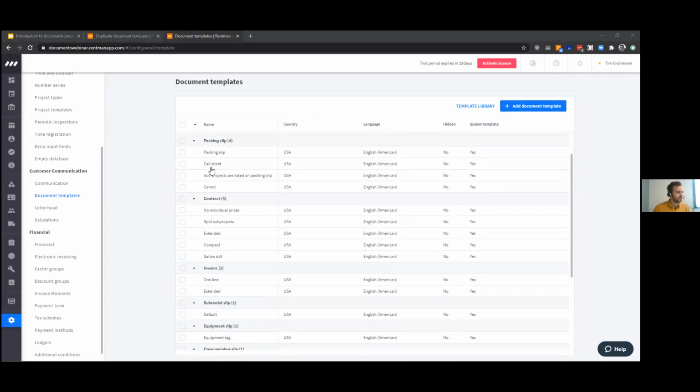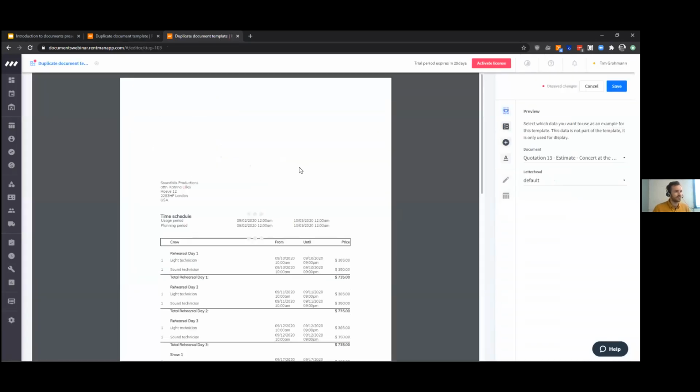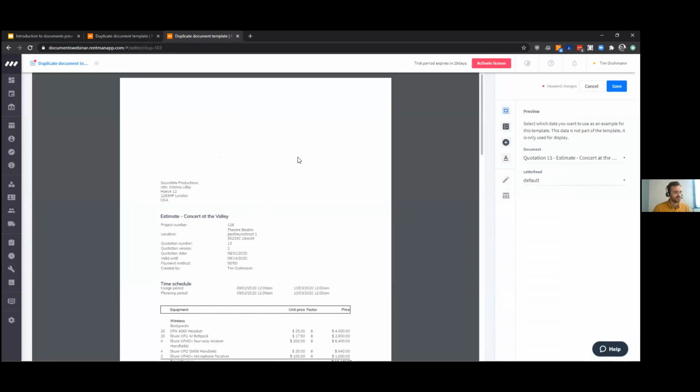I'm going to go down here, and I think what I'm going to do today is customize a quotation, an estimate, wherever you're in the world, you might call it different ways. And I'm going to choose our extended template down here. Now, again, this is a system template, which means I cannot customize it yet. So what I do is I just go in here and say, all right, I like the default system template that Rentman offers me. Let's make a few changes to it. So I take it, easily duplicate it up here,